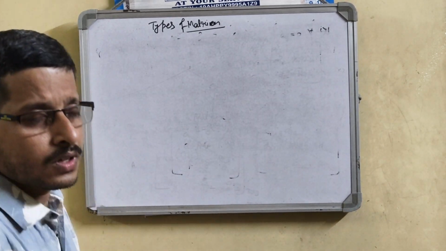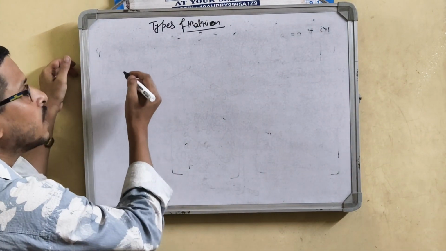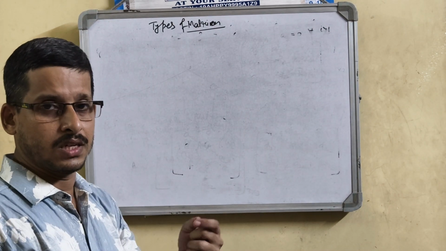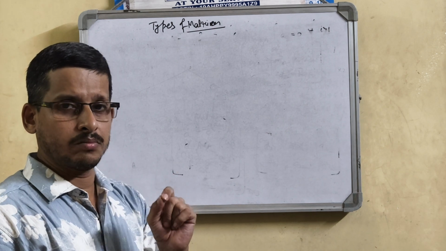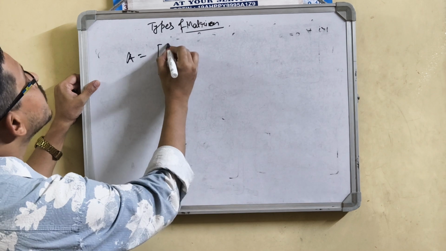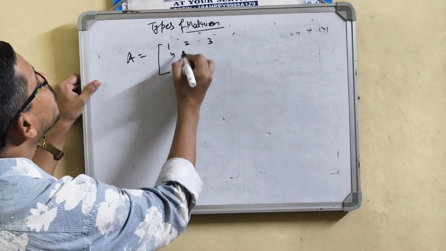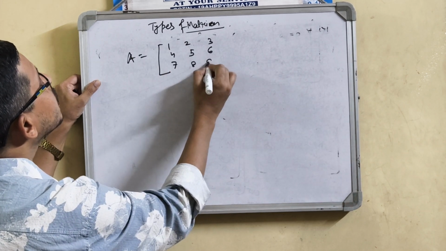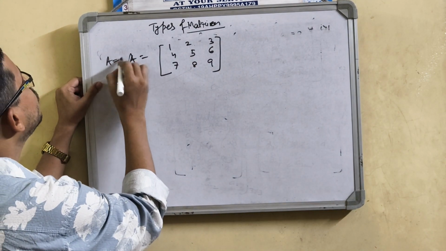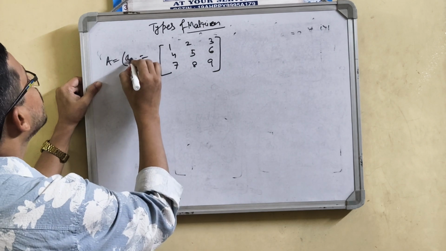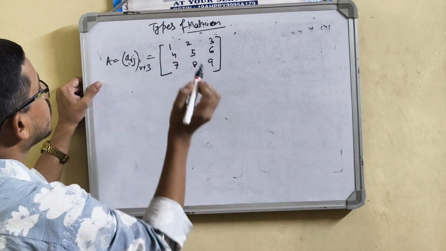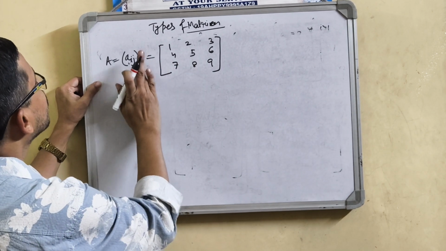So there are many different definitions. Now scalar multiplication. If we want to multiply a scalar number with a matrix, then we have to multiply that scalar number with all the members of that matrix. Now if we consider, say, A equal to 1, 2, 3, 4, 5, 6, 7, 8, 9, with A equal to Aij of order 3 by 3 here.